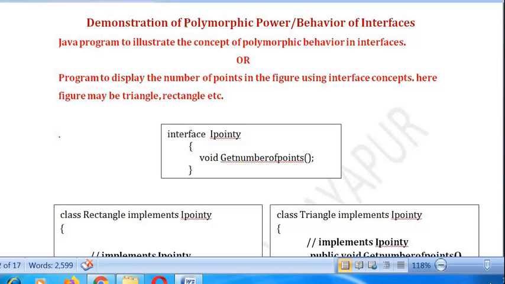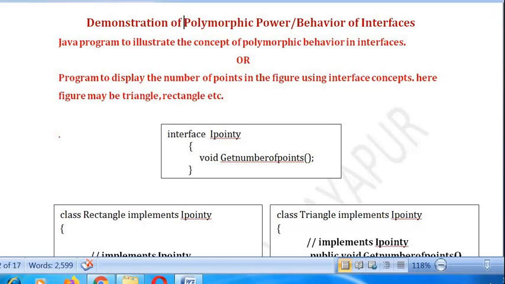So let us come to what we mean by polymorphism. Polymorphism means many forms with the same name. For example, a woman at the same time can play the role of mother, sister, wife, teacher. So she possesses different behavior in different situations. We call that polymorphism.